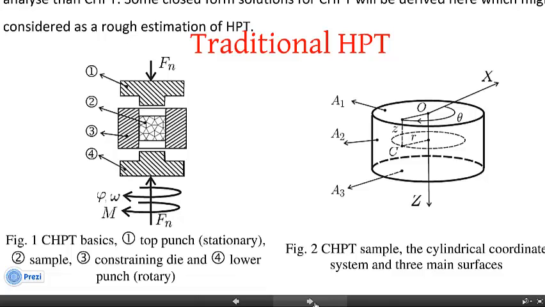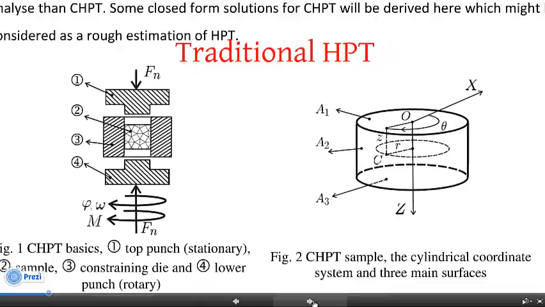As you can see, the setup for the process includes a die, sample, upper punch, and lower punch. One punch is stationary, the other punch is rotating at an angular velocity. The cylindrical sample is quite axisymmetric. It has the axis of rotation coincident with the z-axis. So that's what the traditional